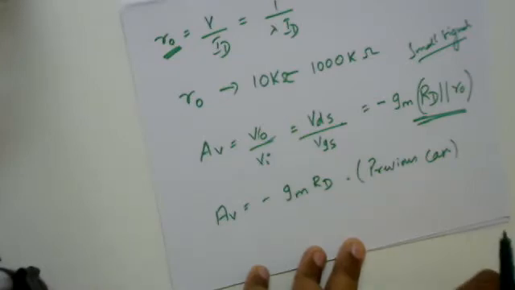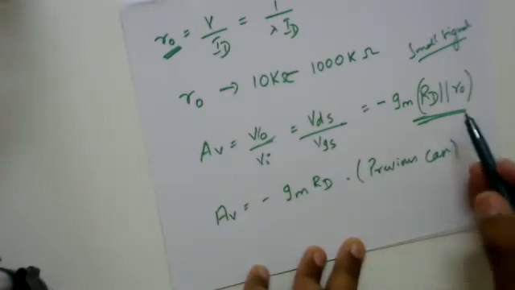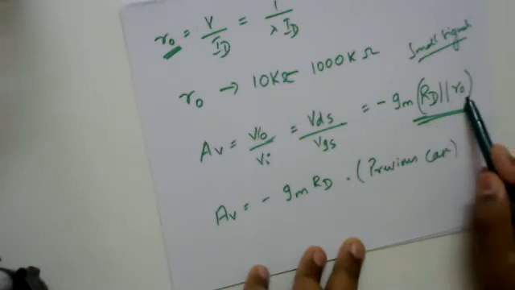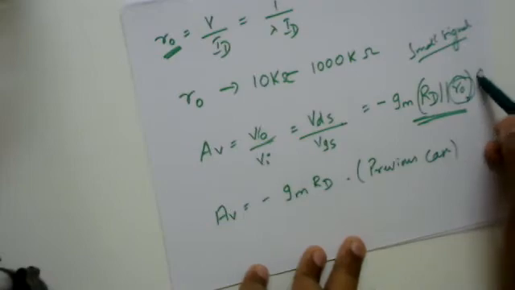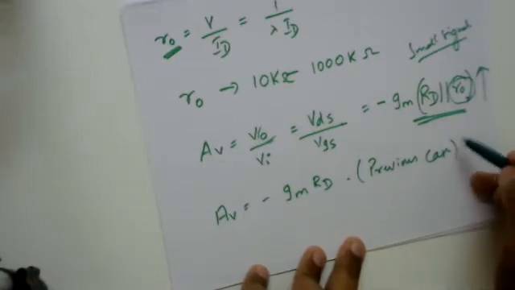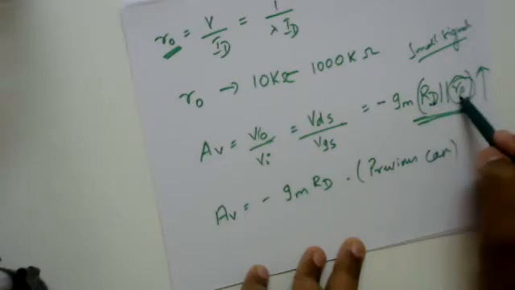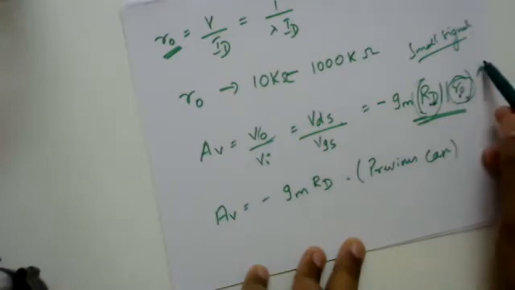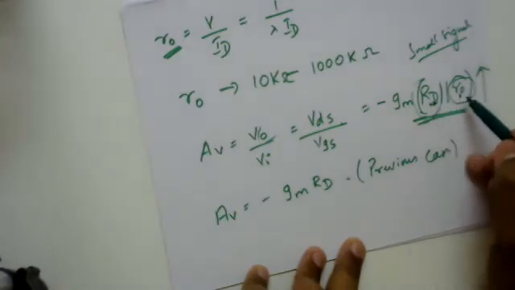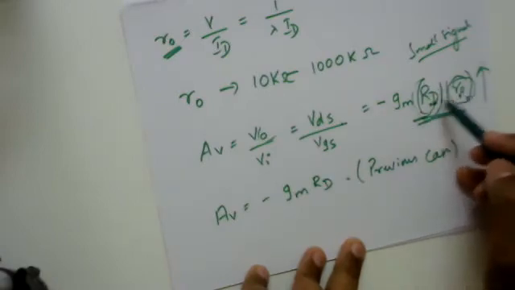Yes, I'm going to use a simple concept of two resistors in parallel. Now I know that RD is in parallel with R0, and internally I know that the value of R0 is too high. It simply means, when I have two resistors in parallel whose one value is less and the other resistance value is high, the effective of that will be the resistance whose value is less.